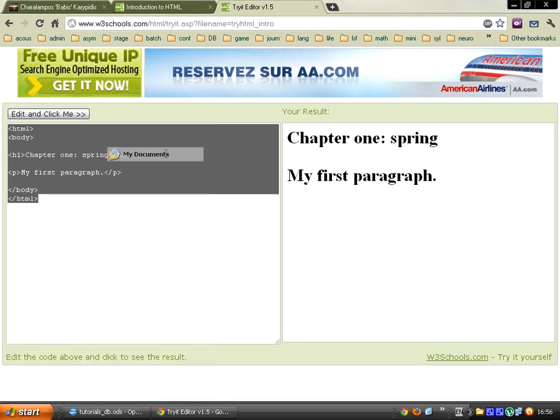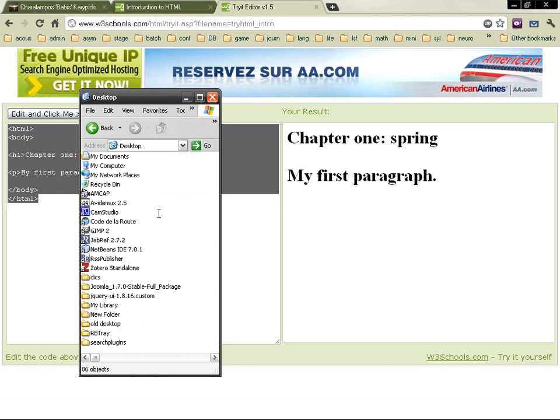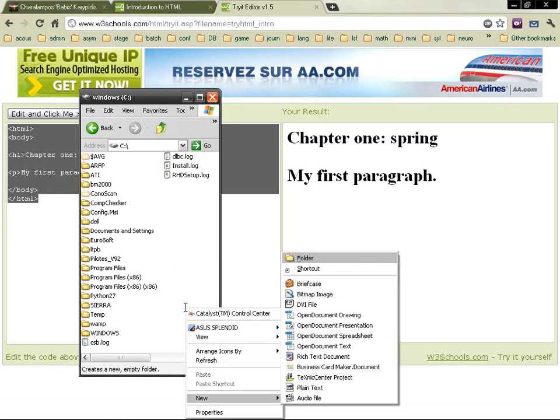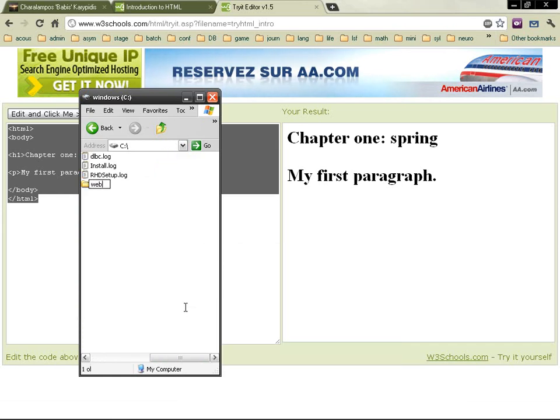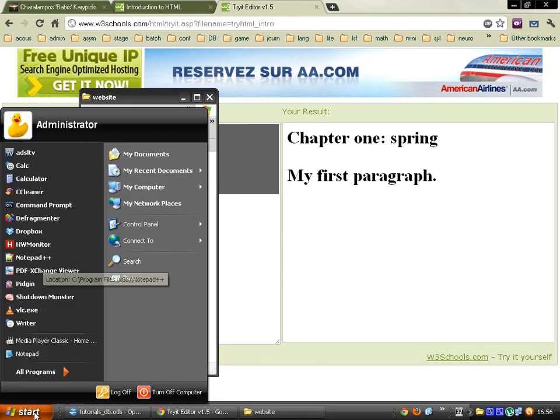So we are going to learn first of all how to do that. So I'm going to create a folder, and we're going to work in this folder for the rest of the tutorial. So I'm going to open the notepad,